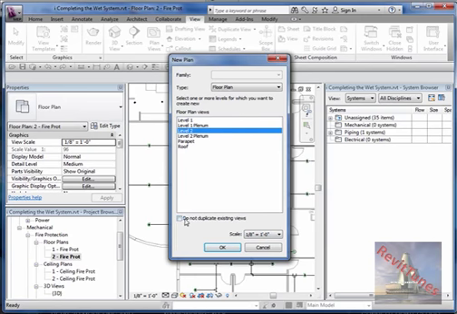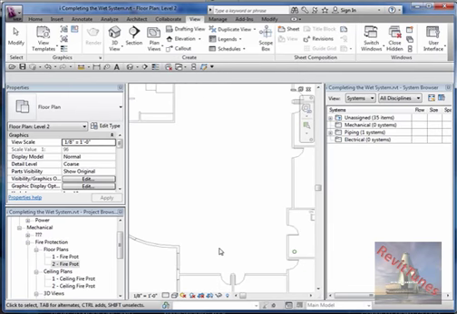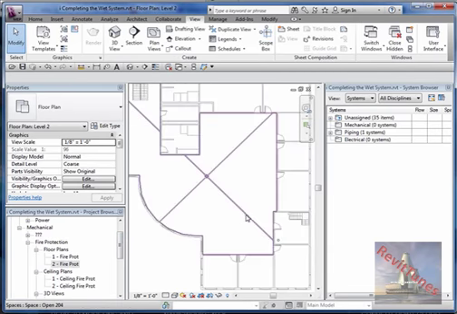So level 2. It's showing me the possibility of which levels I could create at this scale, even if I already created one at the same scale. That's what it means when you remove the check mark right here. So okay, duplicate level 2 again. It automatically creates this floor plan,